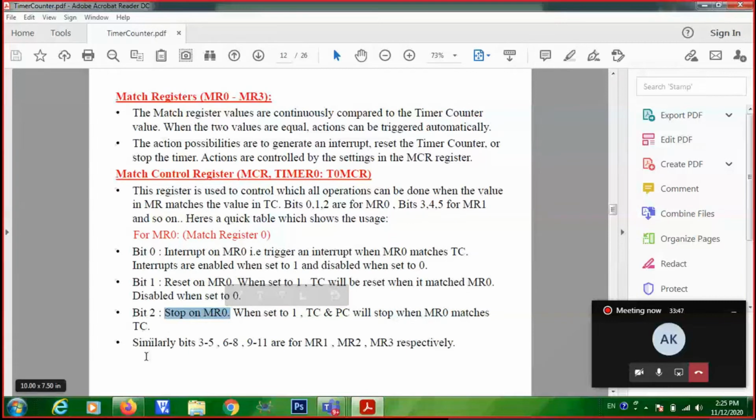Similarly, the next 3 bits will be used for generating an interrupt, reset or stopping the timer on matching with MR1. After that, the corresponding 3 bits will be used for configuring the match on MR2, like that. So each set of 3 bits is used for configuring MR0, MR1, MR2 and MR3 respectively.